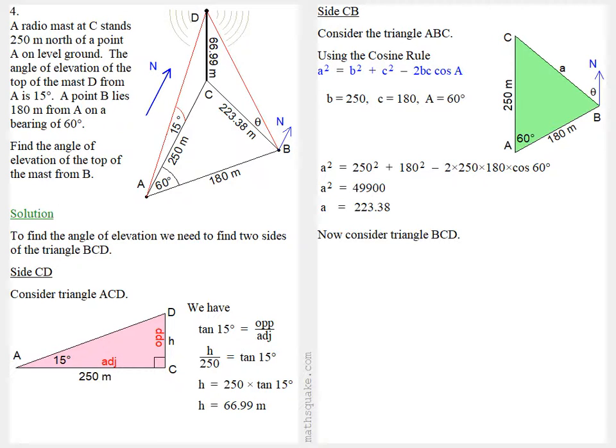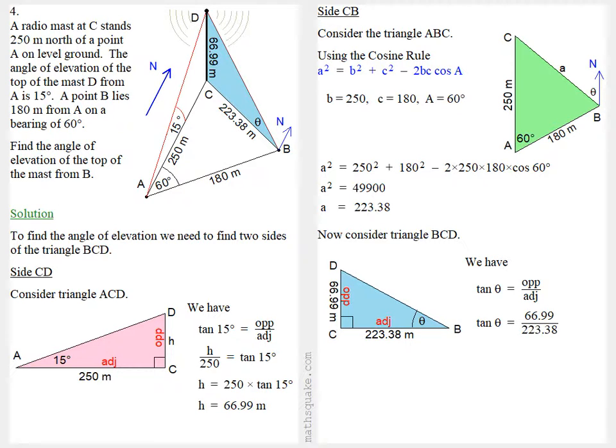Now, if we consider the triangle BCD, we've got two sides now. The height is 66.99 metres, and that's the opposite side. The other side we've got is 223.38 metres, and that's adjacent to the angle that we need. Now we know that the tangent of an angle is equal to the opposite over the adjacent. So tangent of theta is equal to 66.99 over